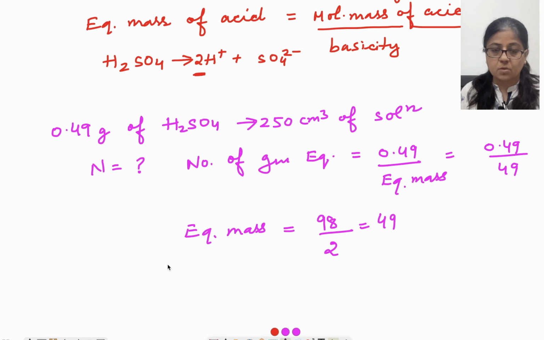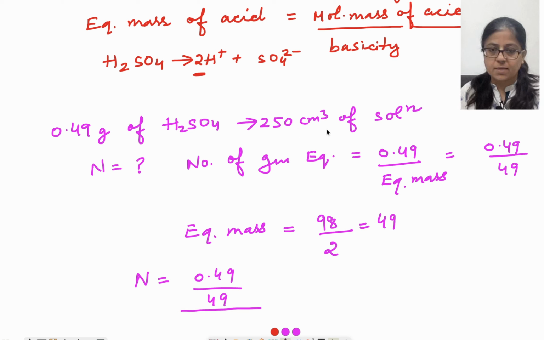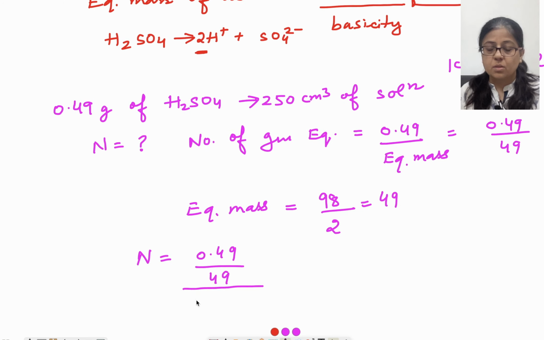Now how to calculate the value of normality? Put all the values here: 0.49 divided by 49, which is equal to the number of gram equivalents, and then divide by the volume of the solution. Here it is given in 1 centimeter cube. I have already told you that 1 centimeter cube is equal to 1 ml. So it is 250 ml. We have to convert 250 ml into liters. How will you convert? Divide 250 ml by 1000,